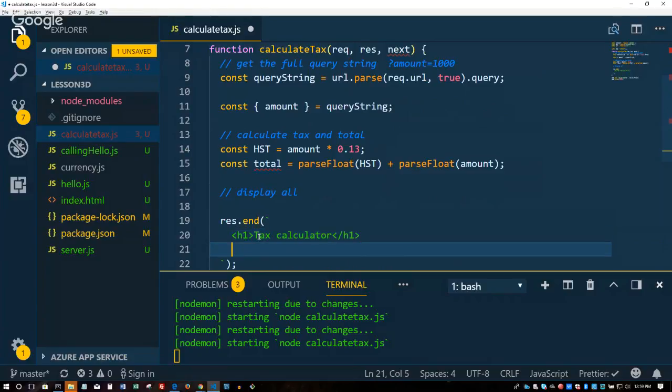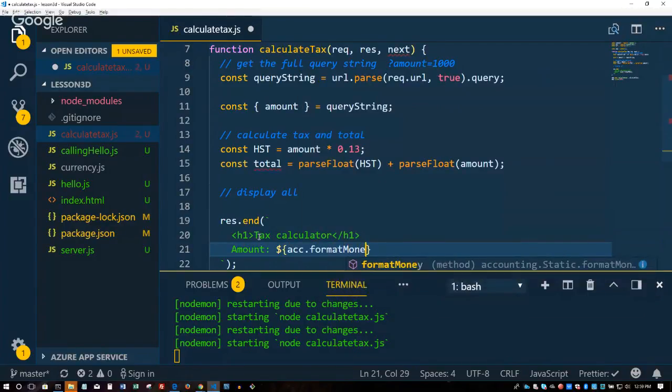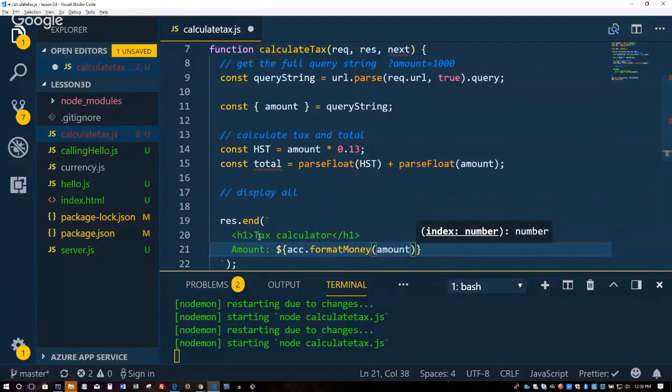This is the actual HTML. Amount. And this is where the accounting stuff comes in. So I wanted to display the amount, but I want it in a nice $ format kind of thing. So I'm going to use what I downloaded, accounting.formatMoney. That should turn it into a nice $ kind of thing.